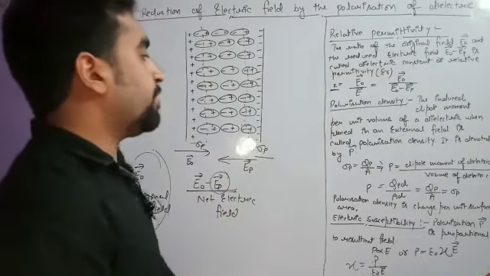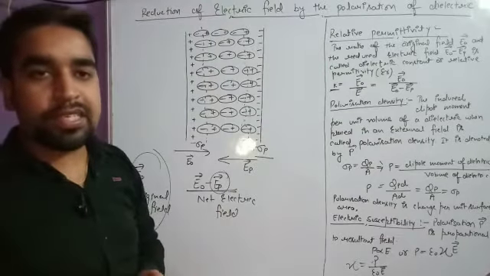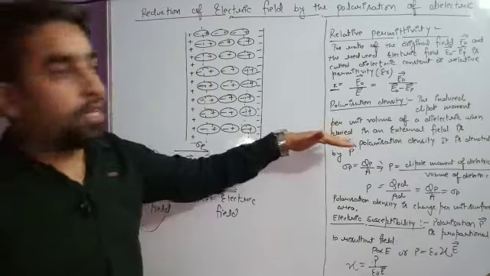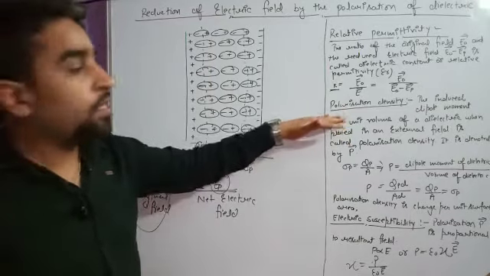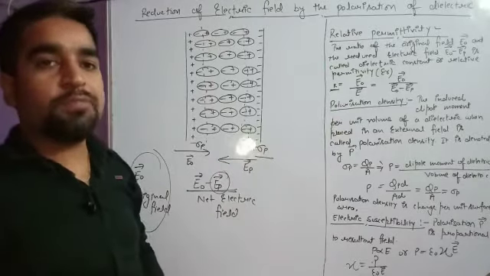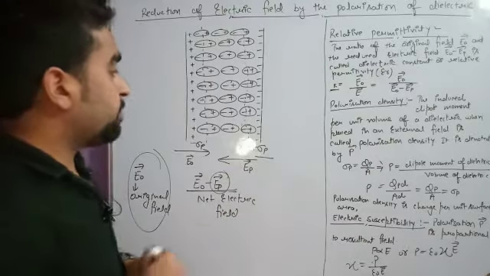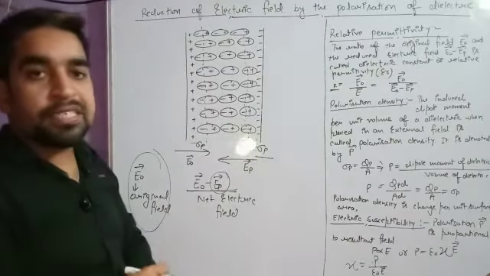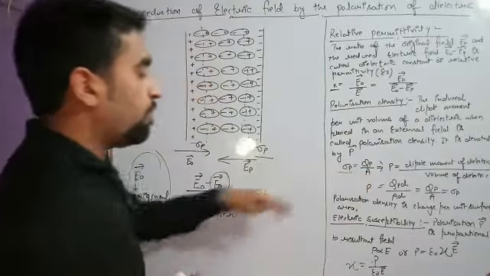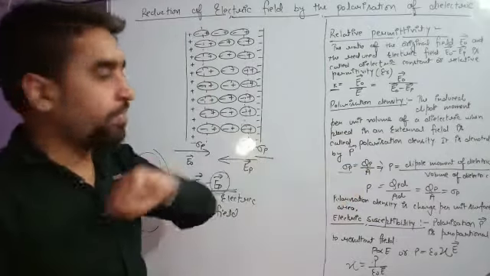Now, polarization density. What is polarization density? Even in the previous lecture I discussed this. Density means divided by volume, and polarization means dipole moment. So dipole moment per unit volume of a dielectric material is known as polarization density. Suppose we take the example sigma p. Sigma p is the charge density. What is the charge density value? We already know, charge per unit area. So QP upon area is the charge density.